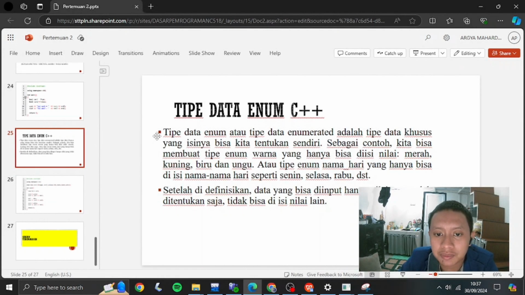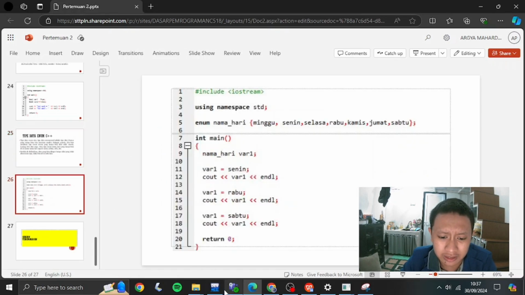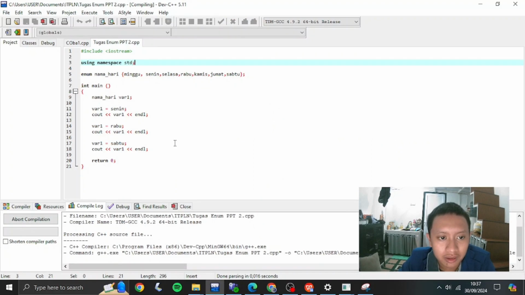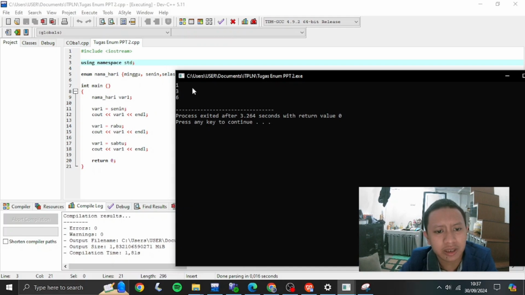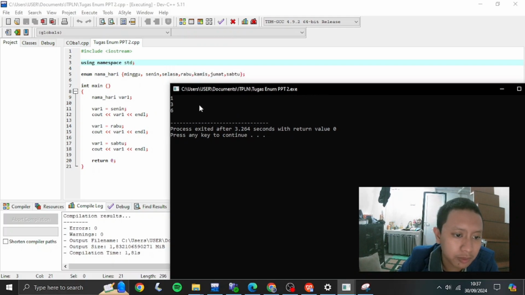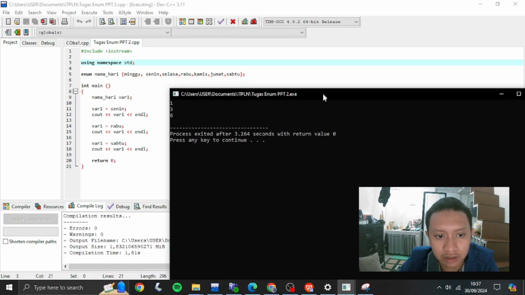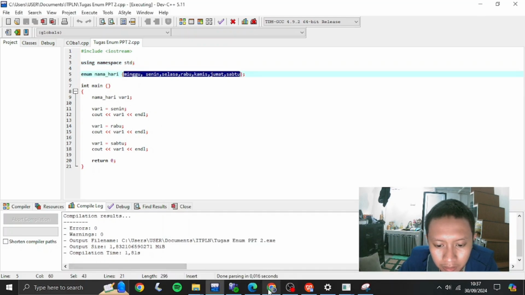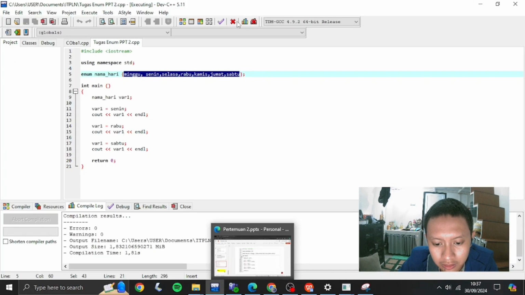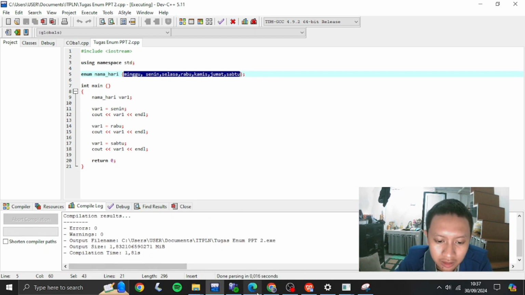For the last data type, the unknown one in C++, I don't quite understand it well, but I already gave it a try. Let's run it. I don't understand why it gives you a number like 136, but I hope to understand it in the next meeting. But from what I know, I think the variables Monday, Wednesday, and Saturday give you a result of a number. I think it comes from this one. But yeah, that's what I know, and I want to learn more in the next meeting.